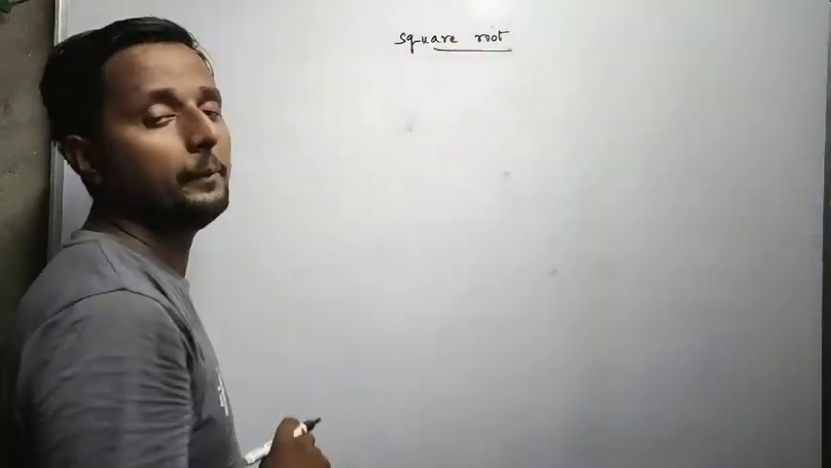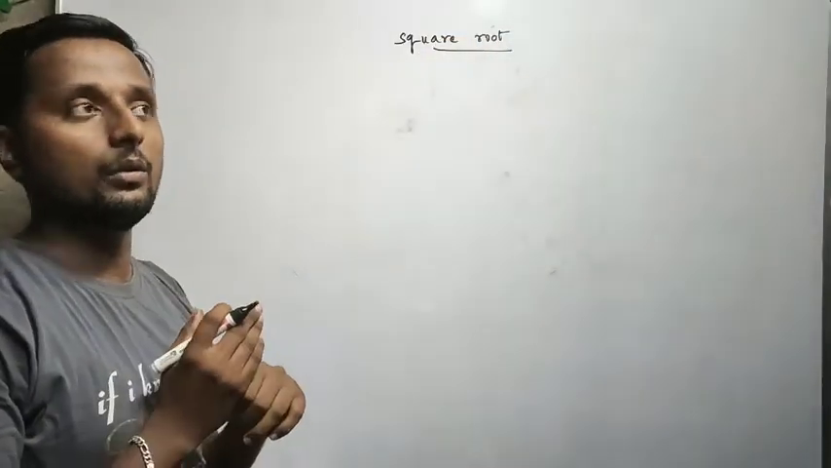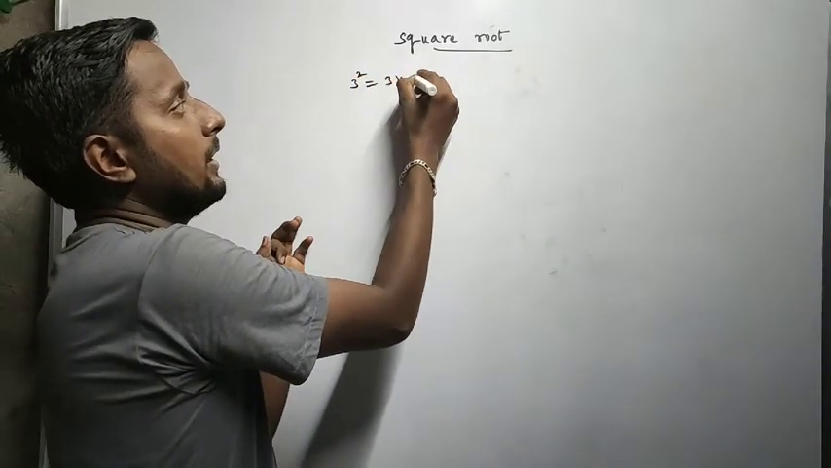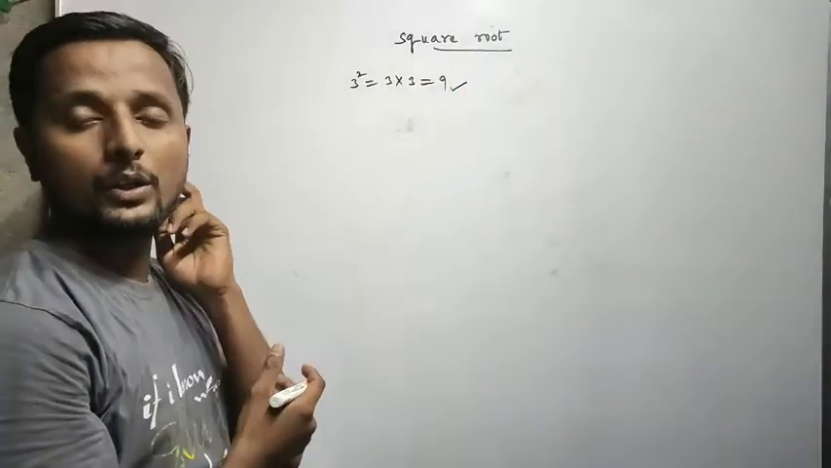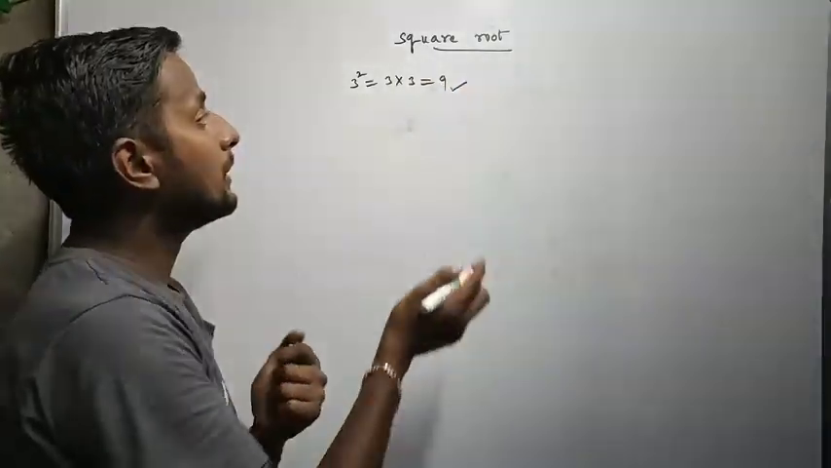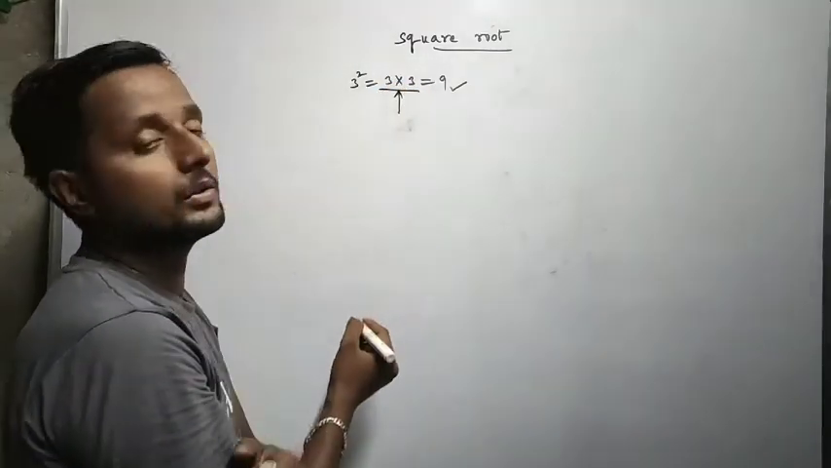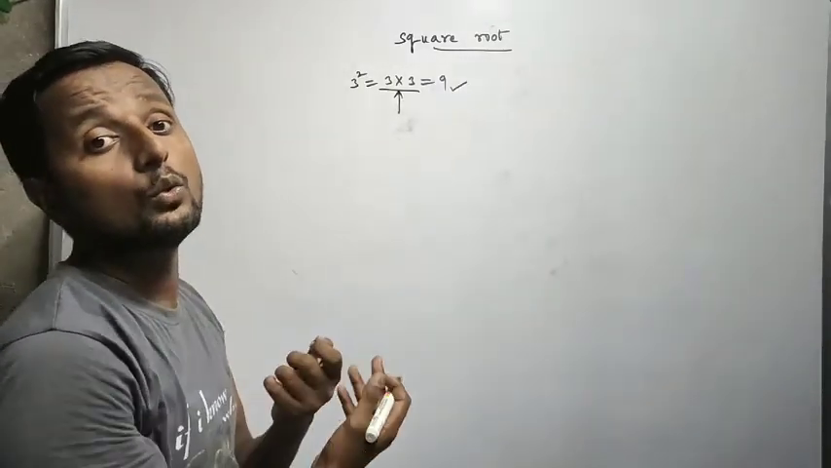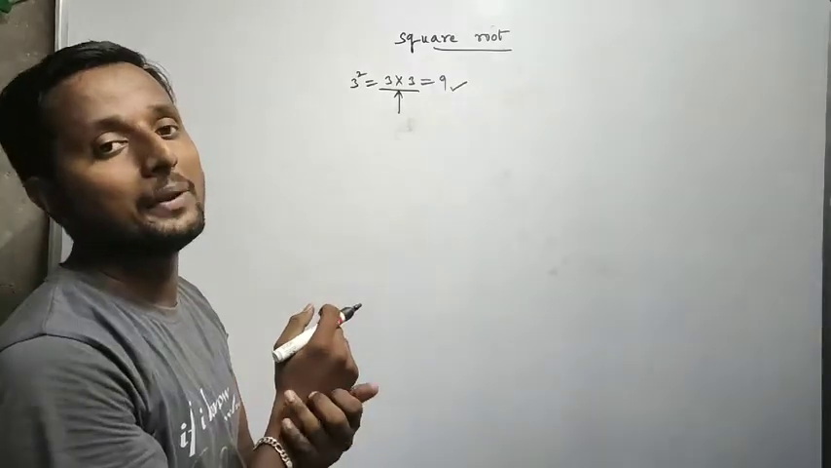Square root. Okay, so what is square root? For example, if you take any square number, so 3 squared, 3 3s are 9. Am I right? So 9 is a square number. Why do we call 9 a square number? Because 9 is expressed as a product of two same factors. Look at 3 and 3. So in a product of two equal factors, each factor can be called a square root